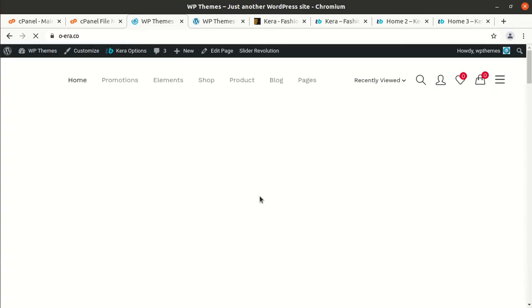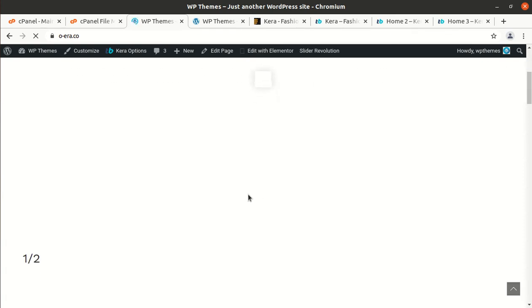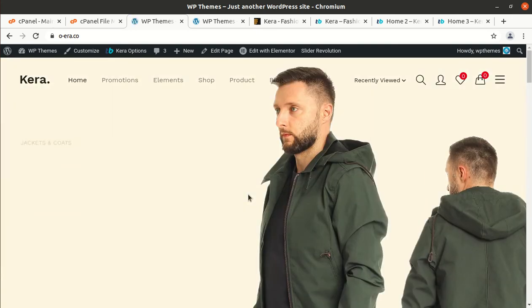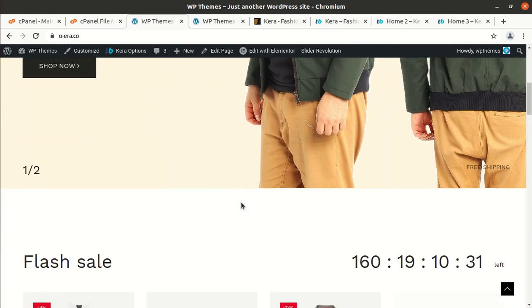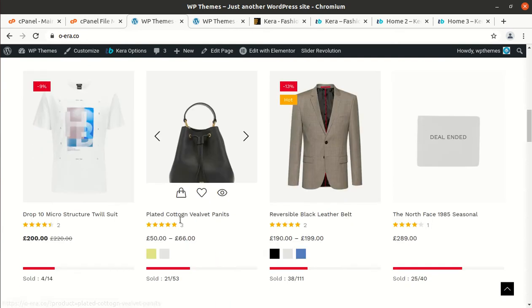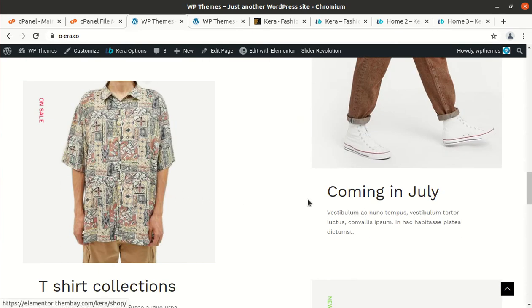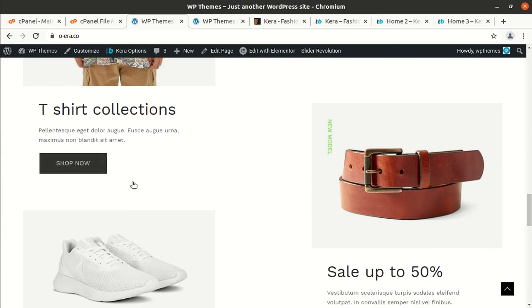Yes, something good is loading up, and the Kera based e-commerce website is here, and it is on your screen now. And yes, all demo images have been given, and the complete website is here without any hassle, without any trouble, without an error.